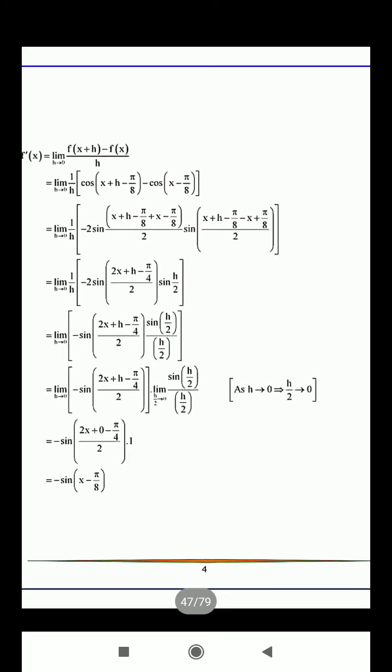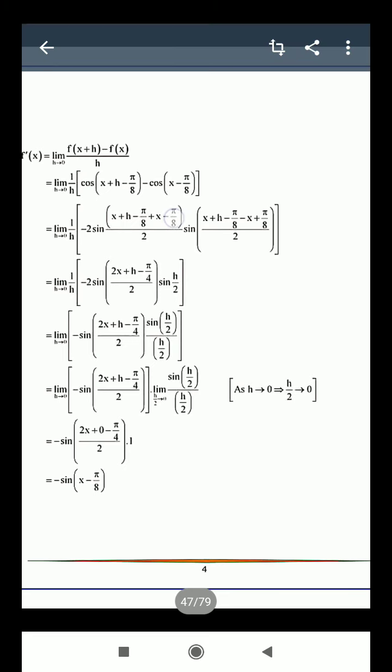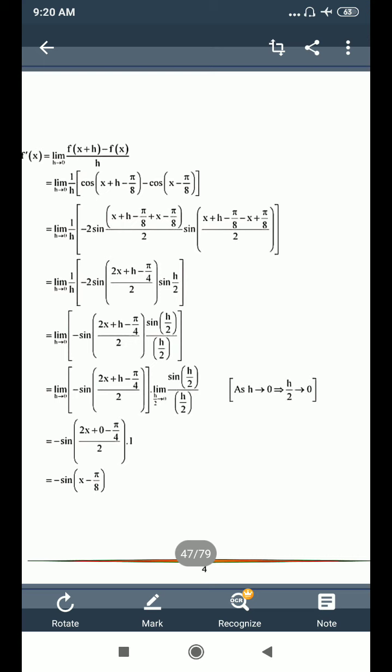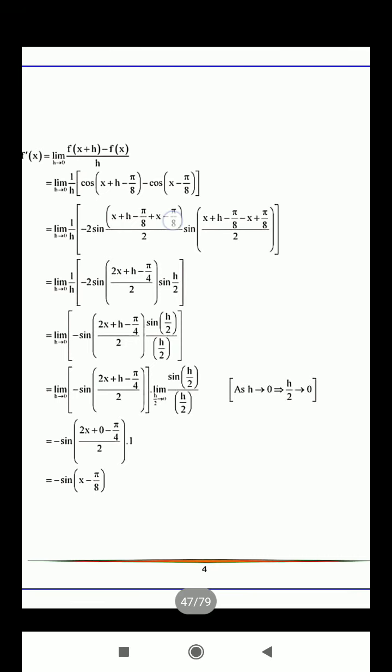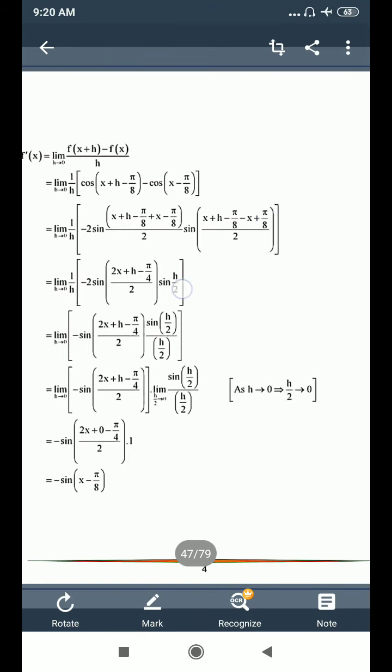On calculating this, you will get pi by 8 is 2x plus h minus pi by 4. Minus pi by 8 minus pi by 8 will become minus pi by 4. You add both those, you will get it is equal to pi by 4. In this, x and pi by 8 are cancelled out, it is sin h by 2. So again we will do the same thing which we did in the previous question. My 2 by h is there, leave the negative sign as it is. So 2 by h we can take in the denominator of this sin h by 2.